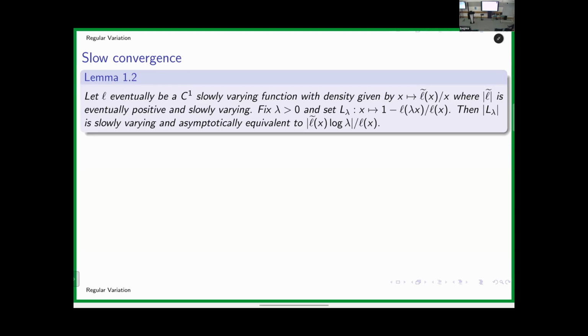In the first case, where I had log, I got constant 1, so I had 1 over log. And if I have 1 over log, then what do I get? I get 1 over log squared, modulus, and then over 1 over log, I also get 1 over log. So indeed it is going to 0. And in fact, I can work out how fast, and the log lambda is just a factor.